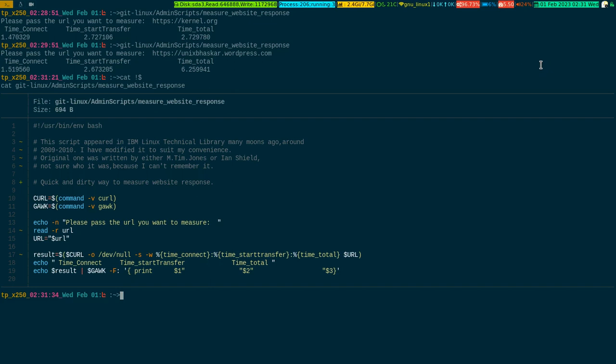As I wrote in the code, you can see on top of it, this script first appeared in the IBM Linux technical library, which was open, and it is still open, a developer site, where a person called M. Tim Jones or Ian Shield, one of them, wrote this initially in a specific article, and I completely forgot which one. It's way back in 2009, 2010, but since then I'm using it. I have modified this script according to my taste and standard,